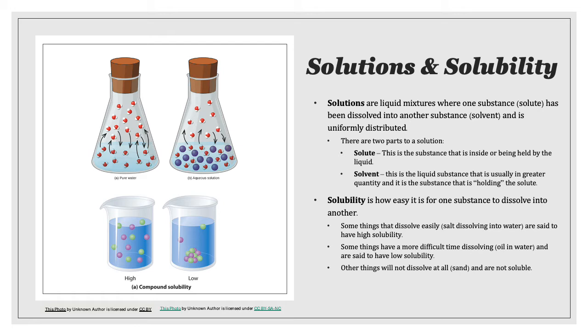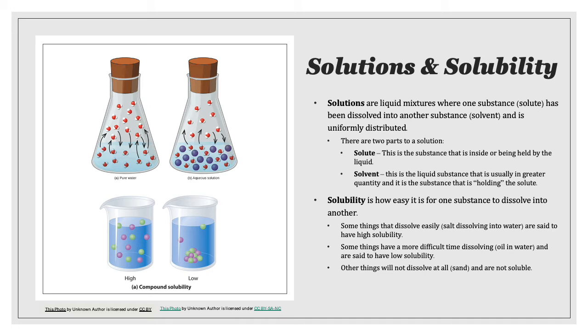Solubility is how easily something can dissolve into another thing. Some things that dissolve easily, for example, salt dissolving into water, are said to have high solubility because it's very easy for them to dissolve and get mixed in with that water. Some things have more difficult time being dissolved, so like oil and water, we don't really typically think of these things as mixing,